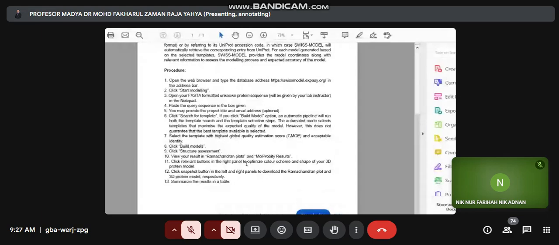If the Ramachandran plot analysis gives you a high percentage, for example, 95% above or 90% above, indicating your 3D model is more accurate and reliable and can be used for other analysis. If your Ramachandran plot analysis shows a low percentage value, then you need to repeat the prediction process and